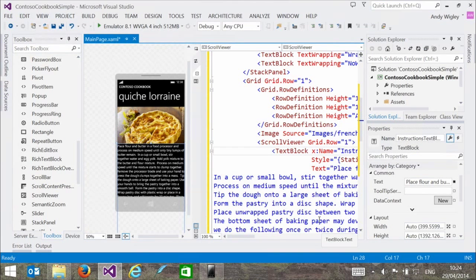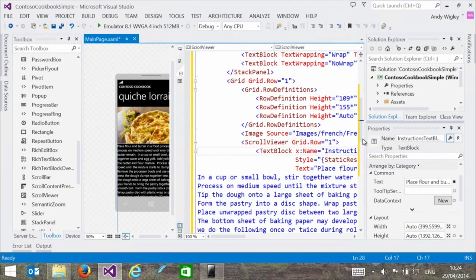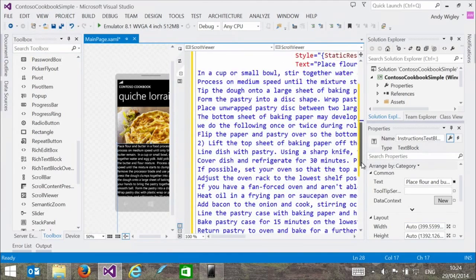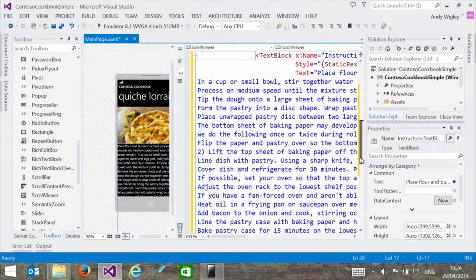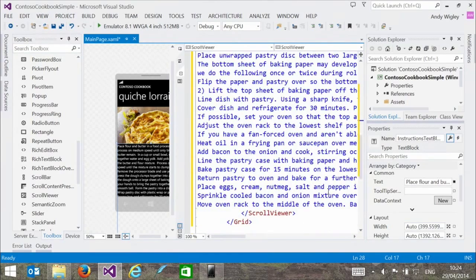Now this is a particularly ugly and crazy bit of UI design here. You will see that I've got this text block in here, and you would of course not build an app like this. I'm doing this for a reason, because we're going to come back and make this look nice and fix it later on. But I wanted to build a single page app, and this is kind of how we wanted to do it. Okay, so loads of text in there.